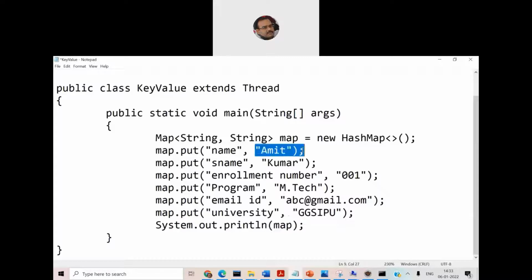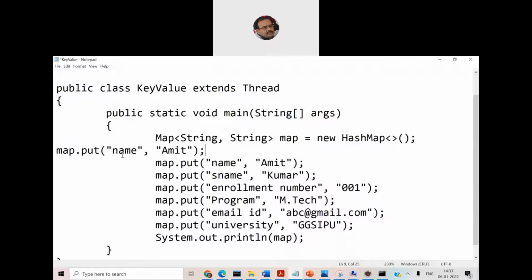Alternatively, we can also receive this input from the user, because in Java we receive the input from the arg0, right? So we can say string str1 is equal to arg0, string str2 is equal to arg1, string str3 is equal to arg2. So you can receive the runtime arguments arg0, arg1, and arg2, and then store those values here in map.put. If you want to receive a runtime argument, you can keep map.put in the same line. Instead of hard coding the name, what we have done here, you can pass the parameter as arg0. So in that case, it will receive a runtime argument as input from the end user, right?